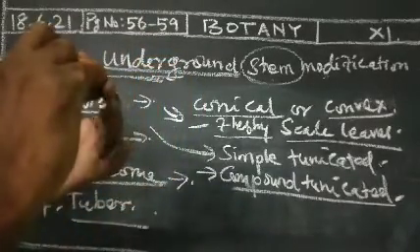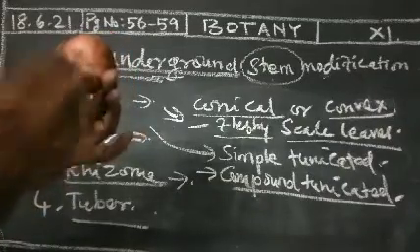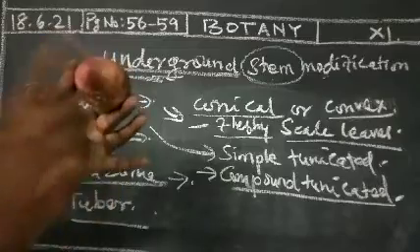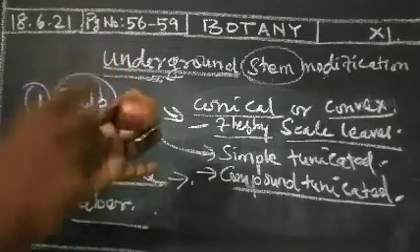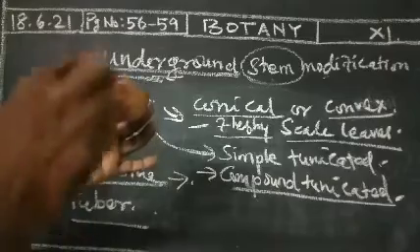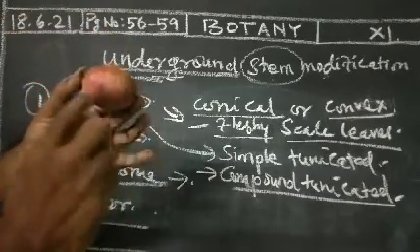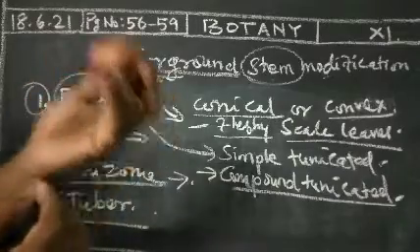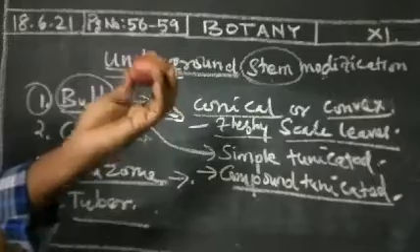This is a stem portion. Here there is a root system, and it will be present in the soil. Here also this one is a stem portion, a modified storage food material. Again there is the upper part, where leaves are present above the soil level. Below the soil level, the stem is modified into a storage function, and the root system is also present. This is called Allium cepa. It is called a bulb.